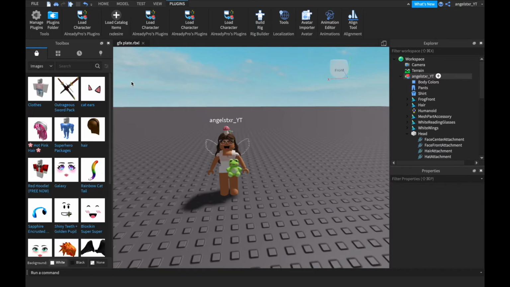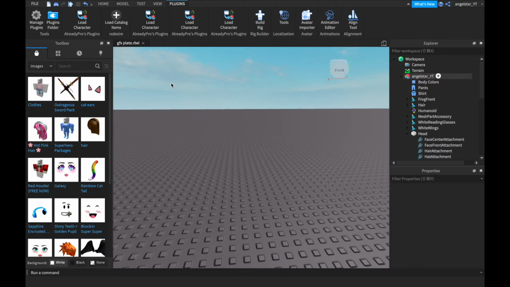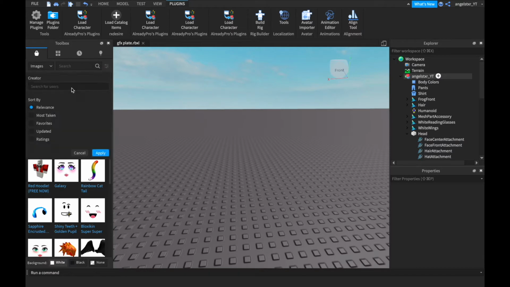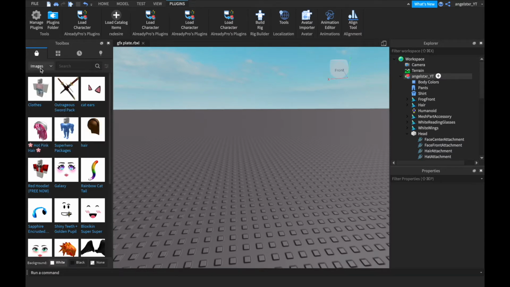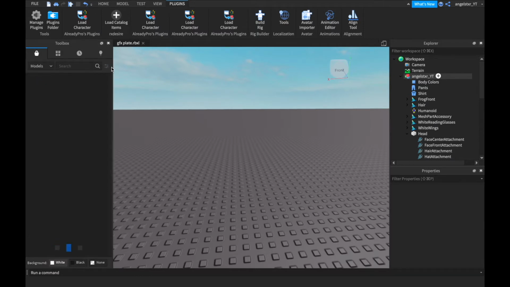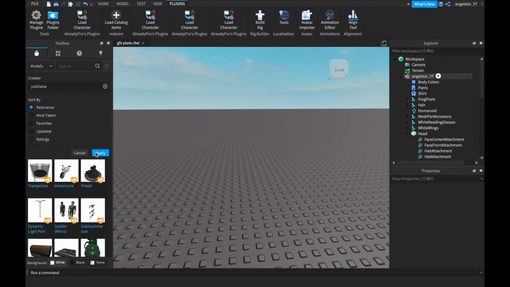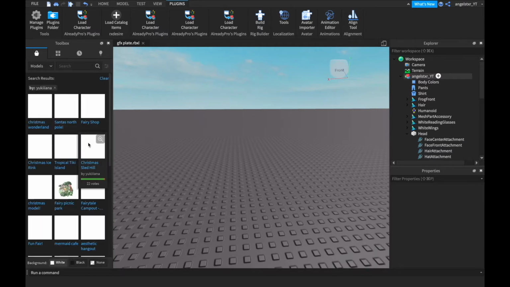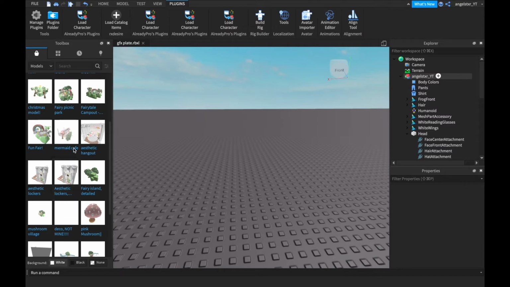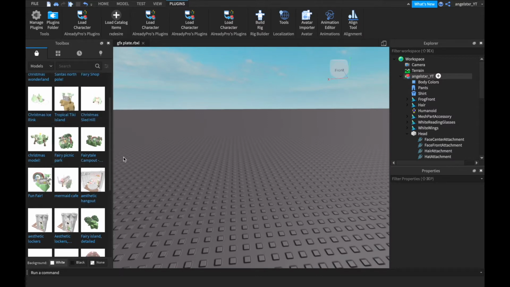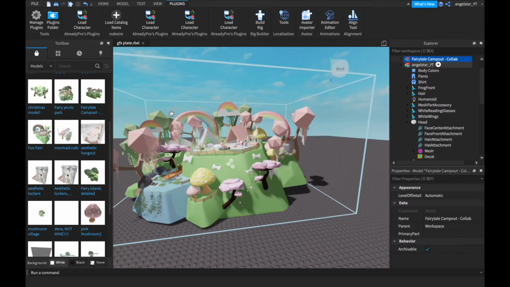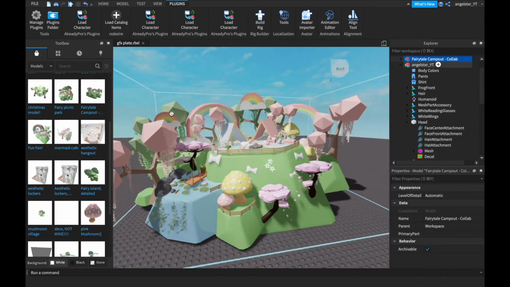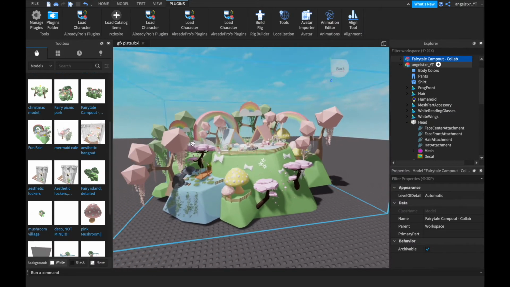If your character exported, you're going to want a room model. There are a lot of room model creators. I'll put some links in the description. The one I'm going to use is by you. So to find a model by that person, we're going to go to models, and then click this line here, and then type the person's username, and then click apply. Let's see this one. Okay, so I finally decided I'm going to use this one,